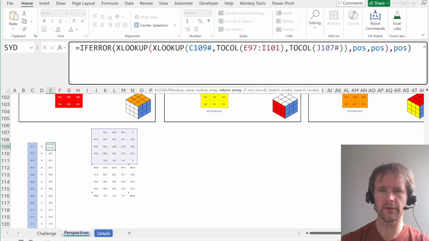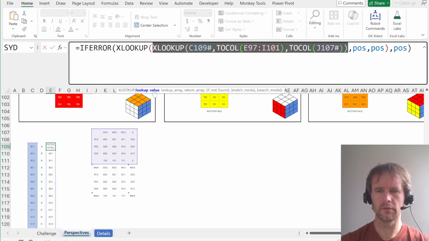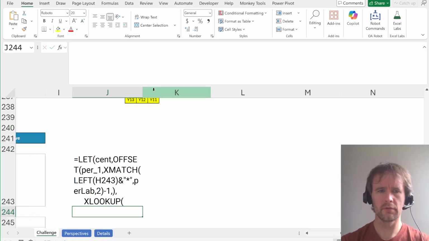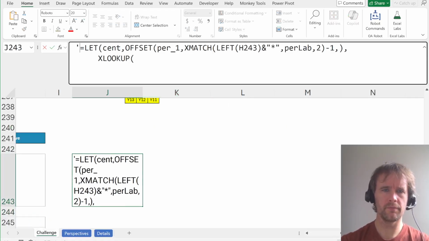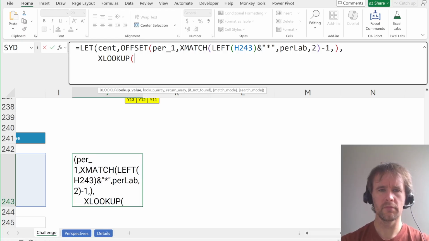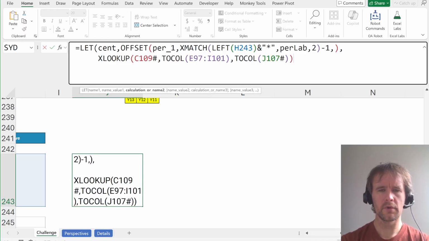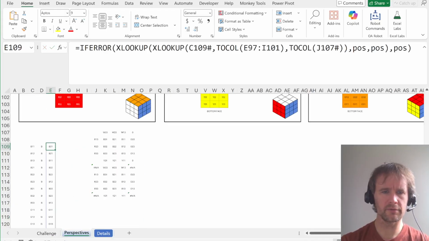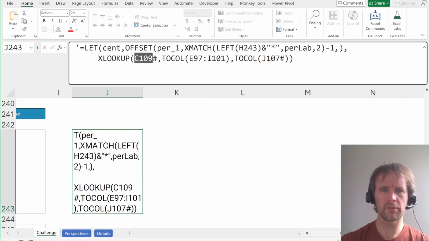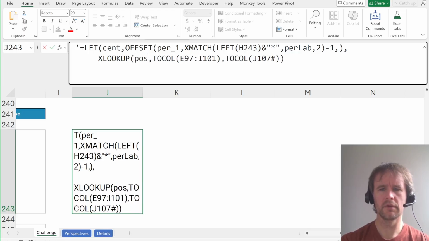So from that into the clock version, yes. So this, wait, C109 hash, is that pause as well? Yes, it is. Okay, fine. So XLOOKUP pause in toCal of cent, returning from toCal of